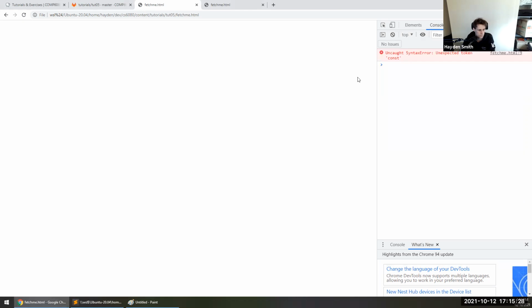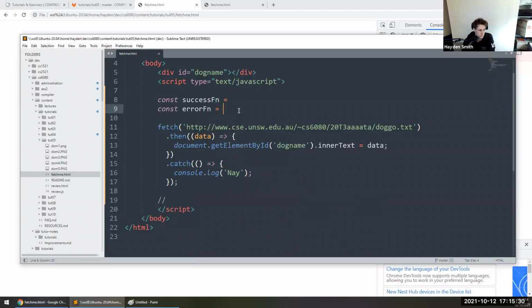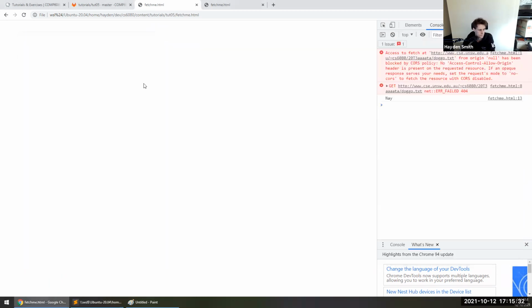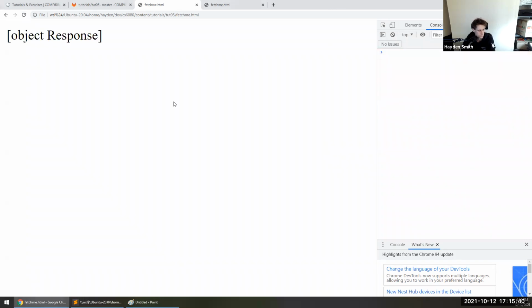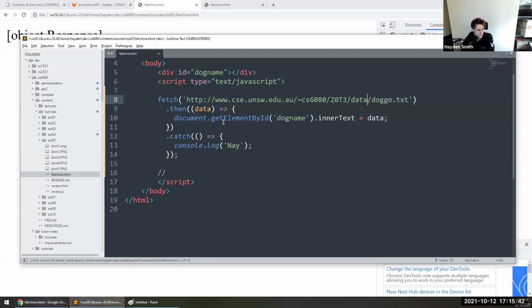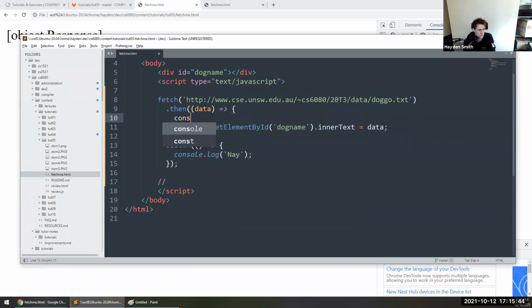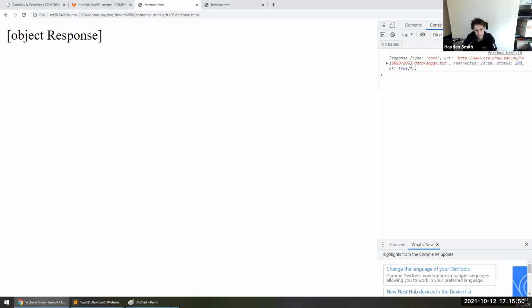You know, this should still work here. Nay, because I screwed up the URL. Okay, so we're still getting object response. So why is that? Well, let's console log that, right? So we get this and the data we get, and it's like, oh, okay, because when a fetch is finished,